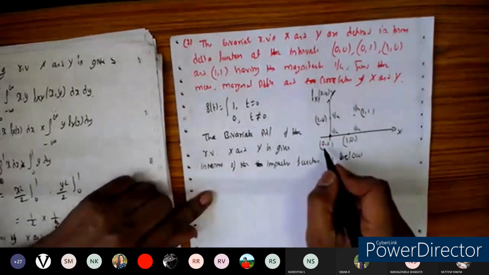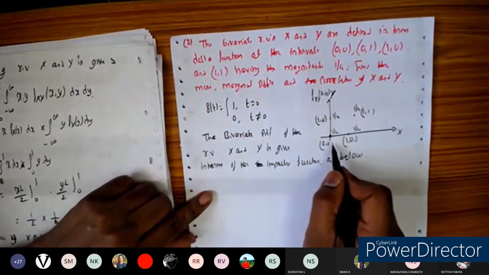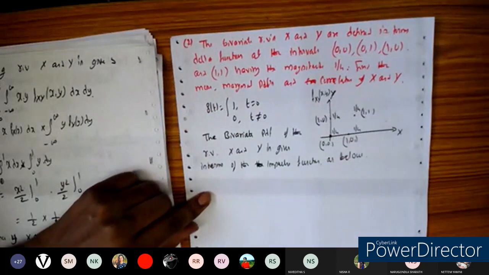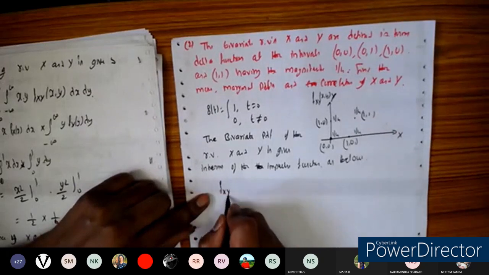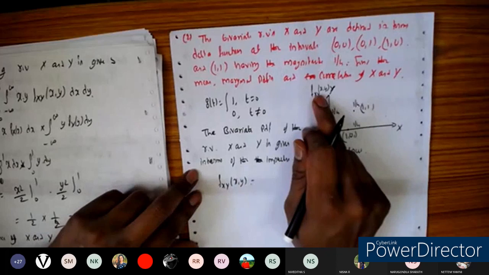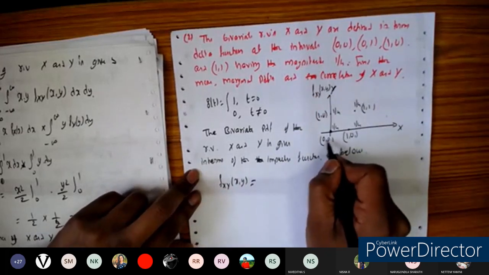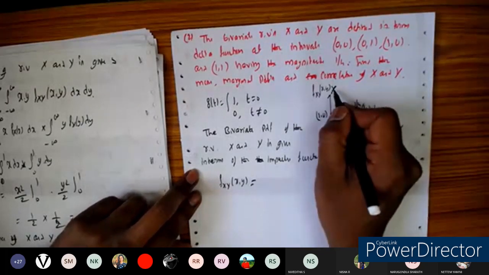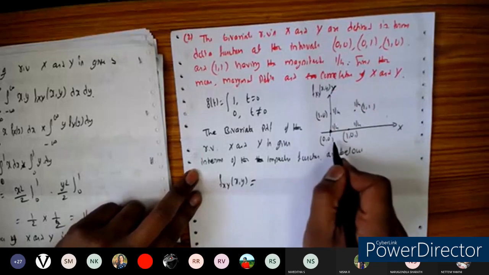Okay, so at the time interval, we know that delta of t is equal to 1 at t equal to 0. So this is defined at (0, 0). The corresponding amplitude is equal to 1/4. So we can say that it is f_XY(x, y), the bivariate PDF you are going to consider here. One t corresponds to the x-axis, the other coordinate corresponds to the y-axis here. So we need to define the two impulse functions at the corresponding locations.